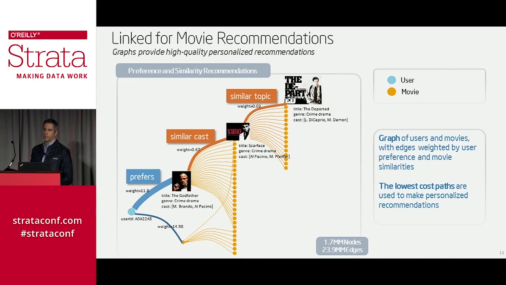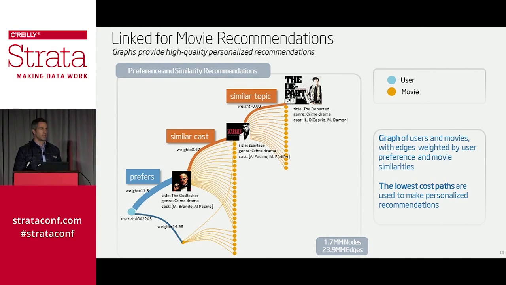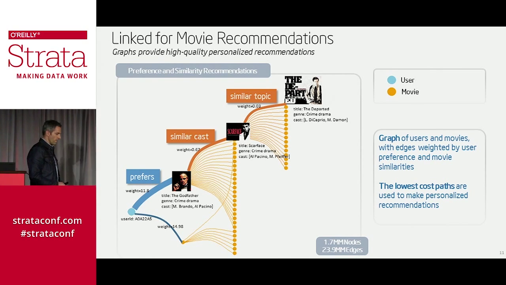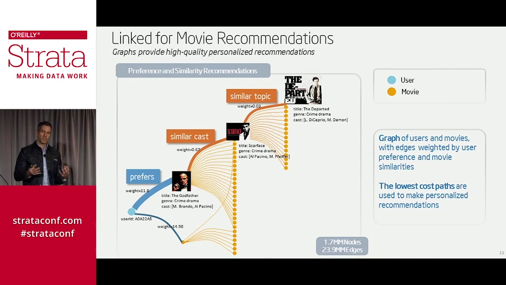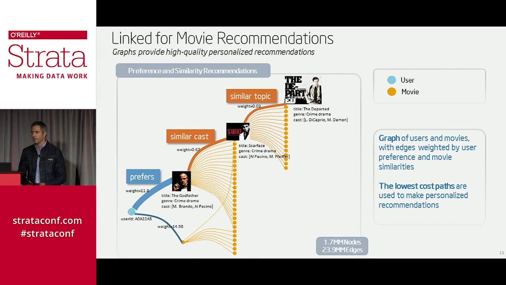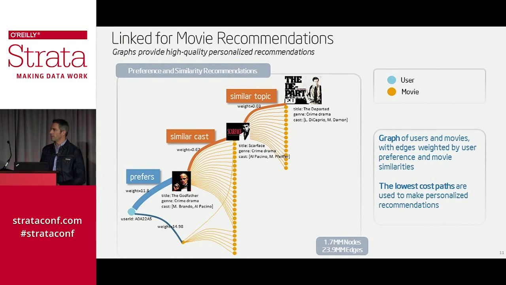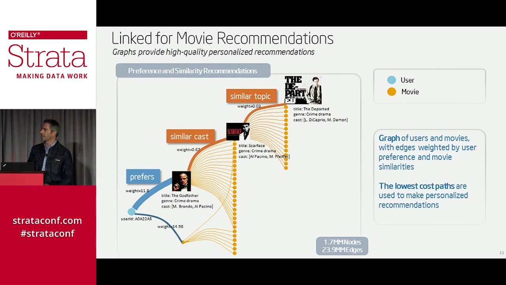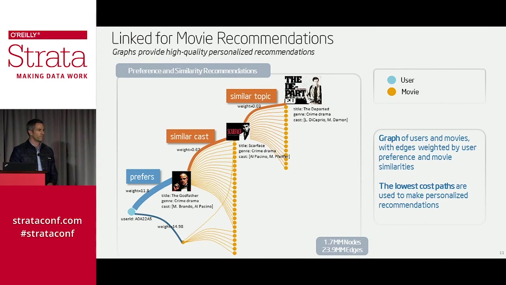So one interesting way graphs can be used is actually to examine low-cost paths. If you want to understand the amount of interest that someone may have in a subject matter or something like a movie, you can find these minimum cost paths in the graph that relate the person to their interest through various dimensions like the cast that they would be interested in, how similar it is to other casts and topics, and so on, and make very accurate personalized recommendations with the graph.